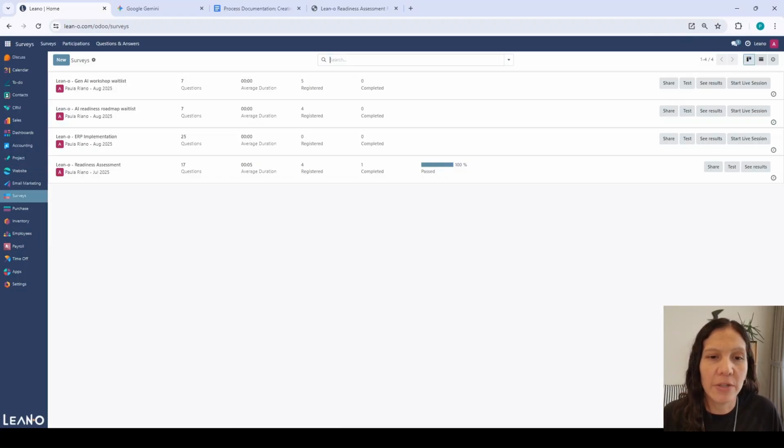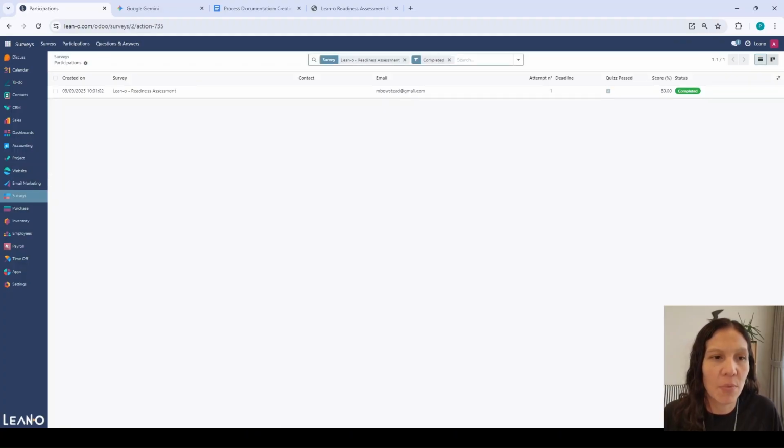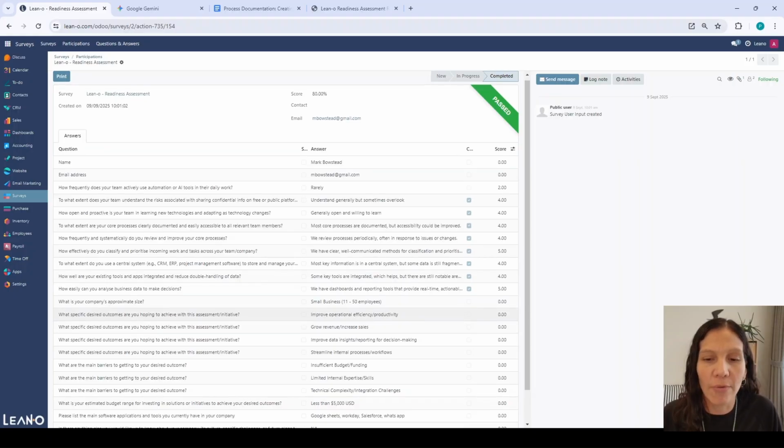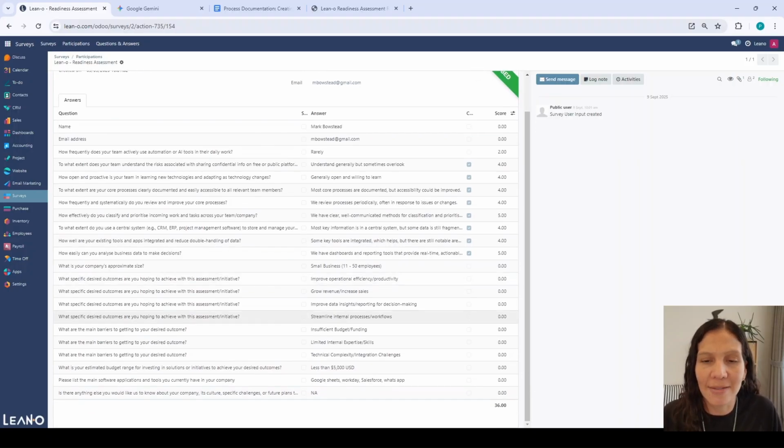So what we have in here is, if we go to our service module, we capture the answers from the customers in here. We have one example where the customer has answered the questions, and in the background it assigns a score for each of the answers depending on the answer they provide. Once we have that, we take this information and we use our